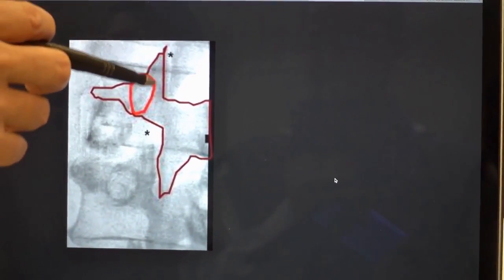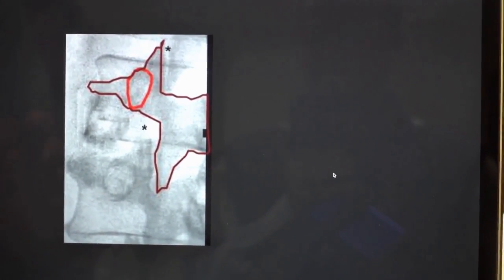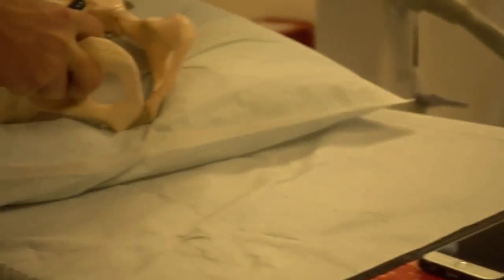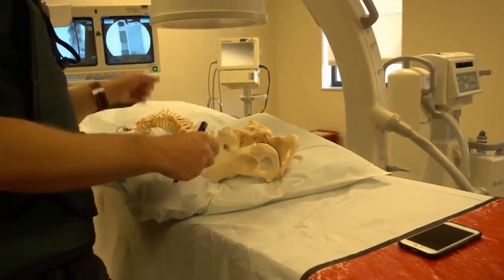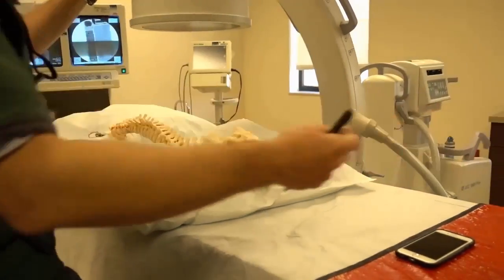Arguably, it's probably a little bit safer. A lot of doctors still come just lateral to the actual pedicle itself. But nevertheless, the idea is to place the patient in the prone position like so, get them comfortable, and then what you're going to do to get this angle is, let's say this is, we know it's not L5